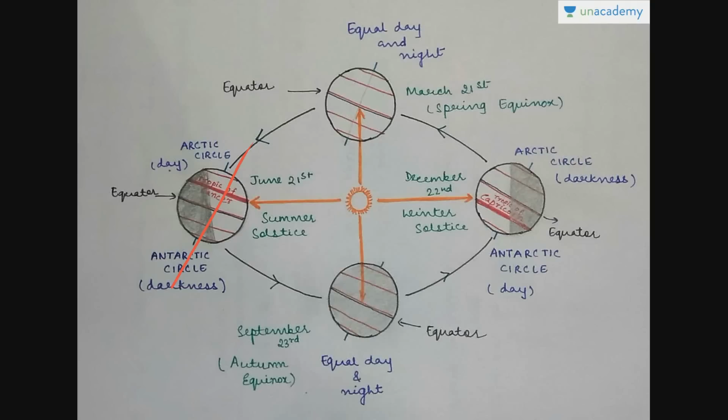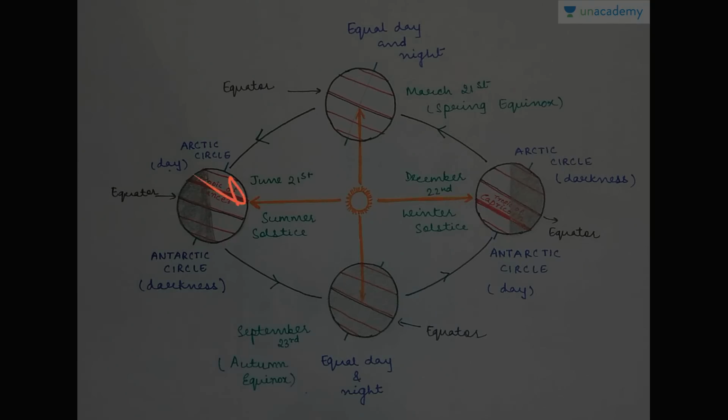What is happening? This is the equator. So this is the northern hemisphere. It is now tilted. See, it is tilted towards the sun. So a major portion of the northern hemisphere is receiving the heat. However, in the southern hemisphere, you see the south pole, it is completely out of the sun's heat. It is not at all receiving. It is in the dark. But this north pole, it is receiving.